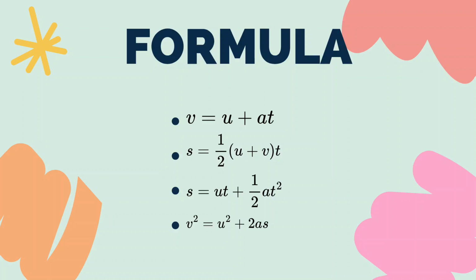Now, let's review the equations of motion used in straight line motion with constant acceleration. The first equation is v equals u plus a times t. The second equation is s equals 1 over 2 times (u plus v) times t. The third equation is s equals u times t plus 1 over 2 times a times t squared. Lastly, the fourth equation is v squared equals u squared plus 2 times a times s. We need to choose the equation that we want to use to find the information that we want by knowing the